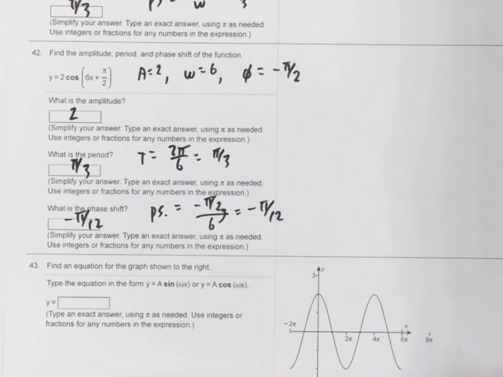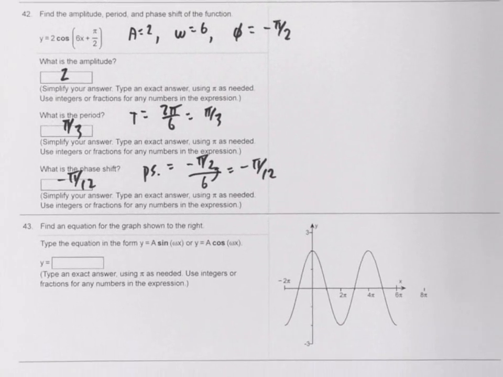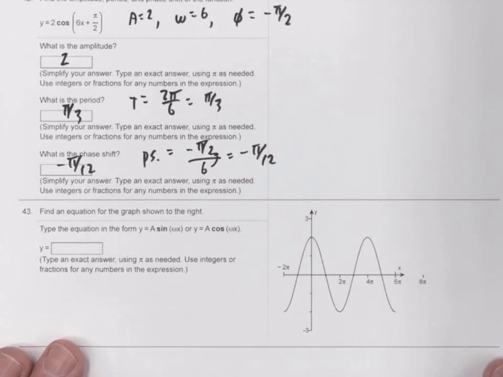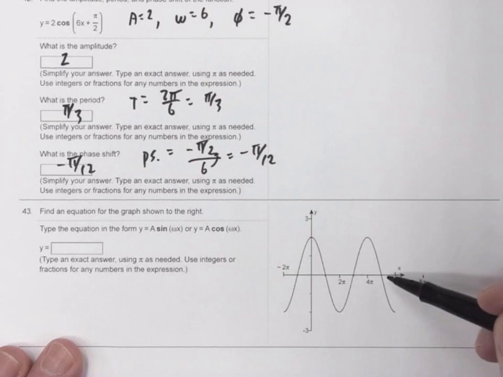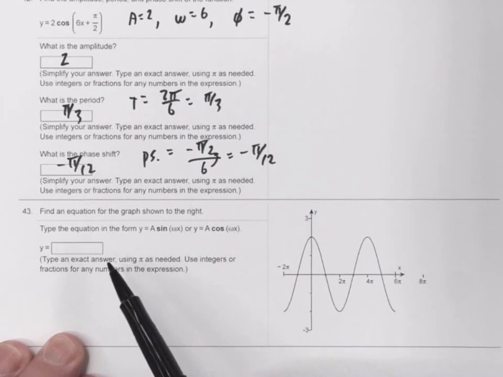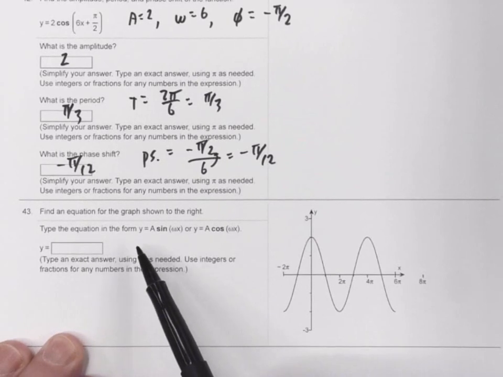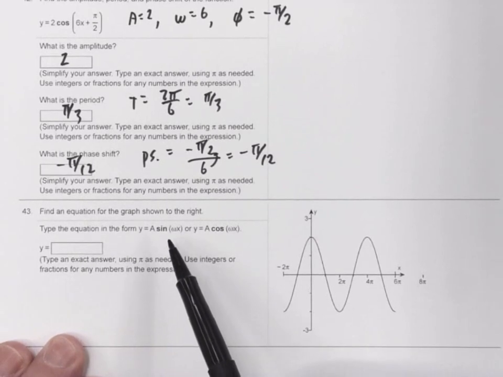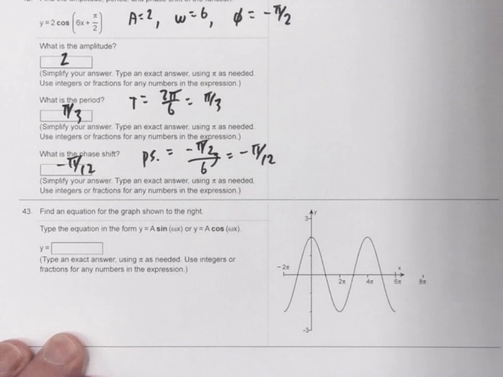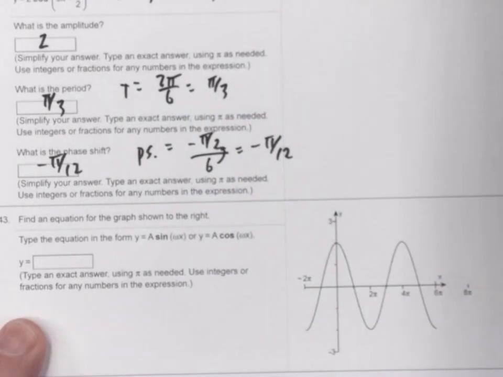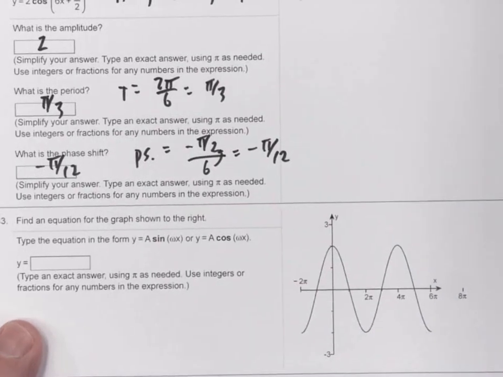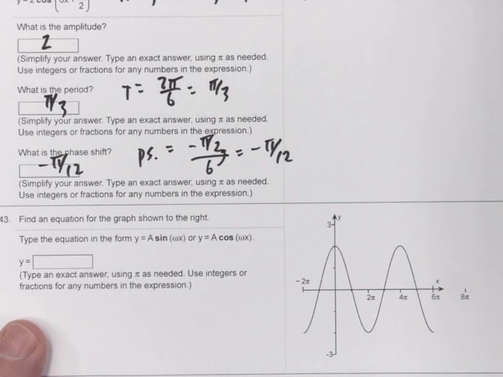Now, very bottom of this page, different kind of problem. Now they actually give you the graph of a trig function, and they want you to find the equation. Now they say it's either going to be a sine graph or a cosine. Now it really could be either one,